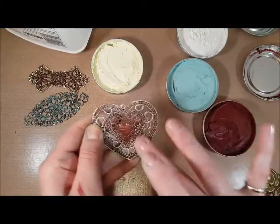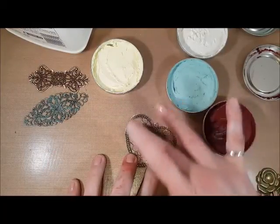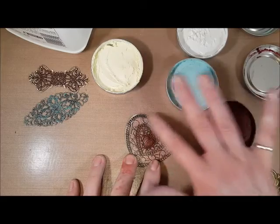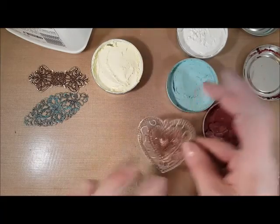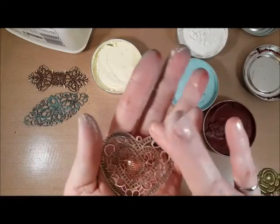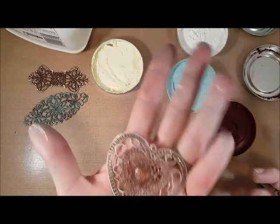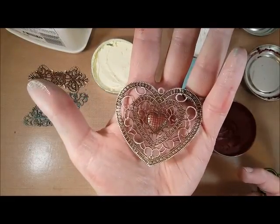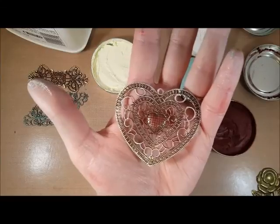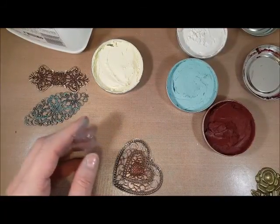See, so now you kind of, I don't know, I just use my finger in a bit of a circular motion. And you can see how nicely they blend together. So you go right from a cream into a deeper red there. I hope you can see that. I'll take pictures of these filigrees afterwards as well. The other thing